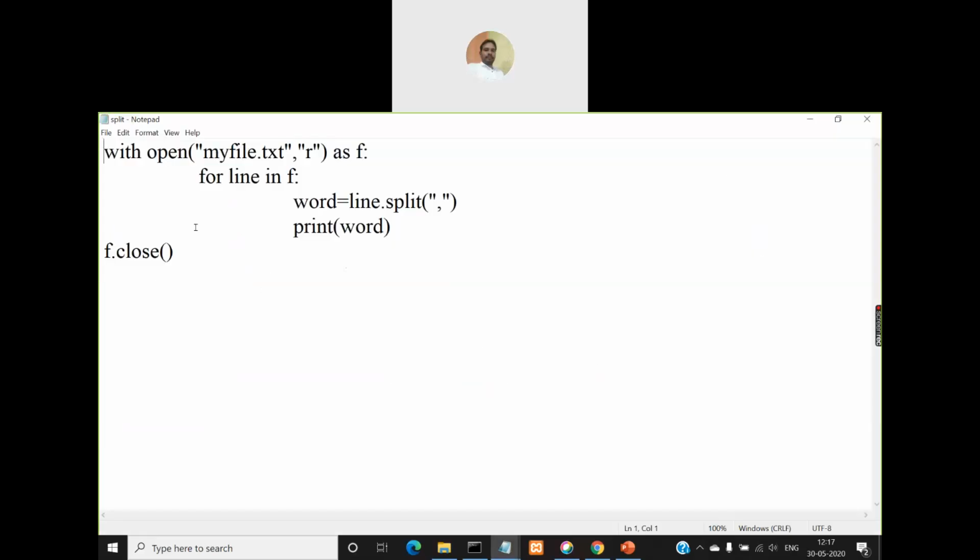There is a keyword called the with keyword in Python. Instead of opening the file by using the open function, which will return a file object, you can use this with keyword like this. After the with keyword, give a space and make a call to the open function. As usual, you pass two parameters. The first parameter is the name of the file that you want to open, and the second parameter is the mode in which you want to open. After that, use as. As is another keyword. In 'as f', f is a user defined variable name, you can use anything, right? So this f will now act as a file pointer. So this is similar to what